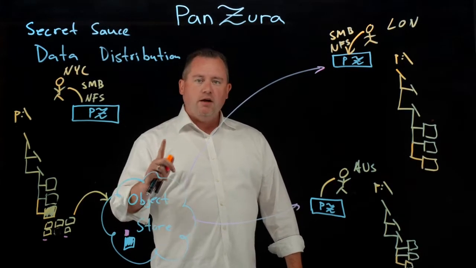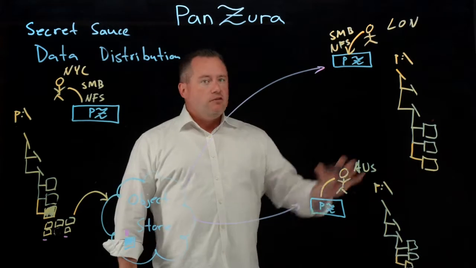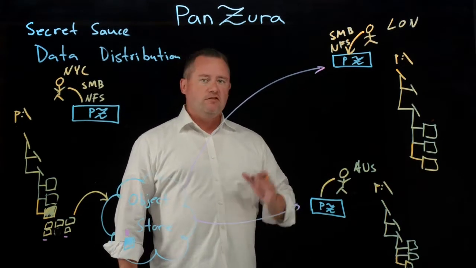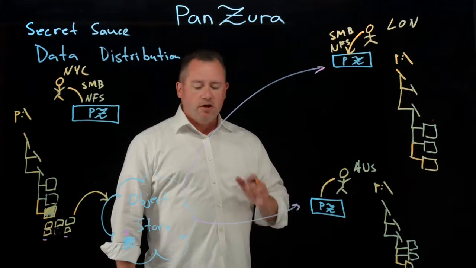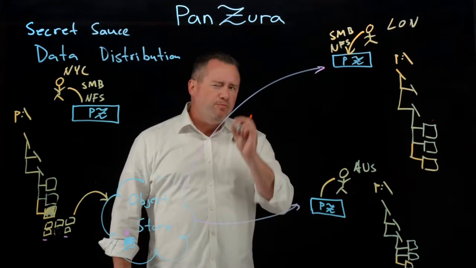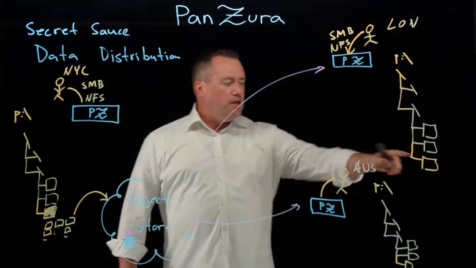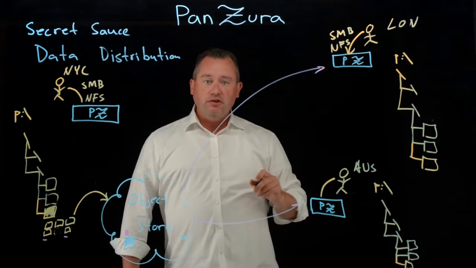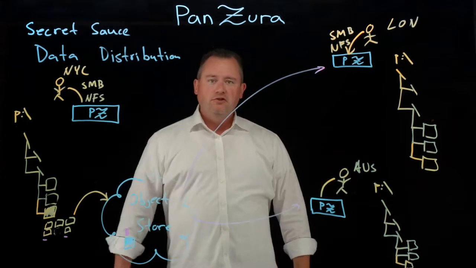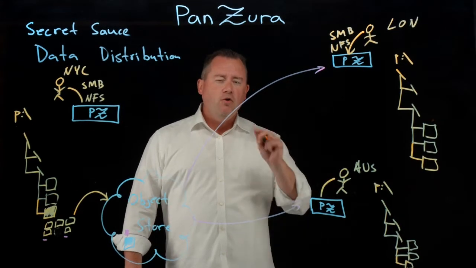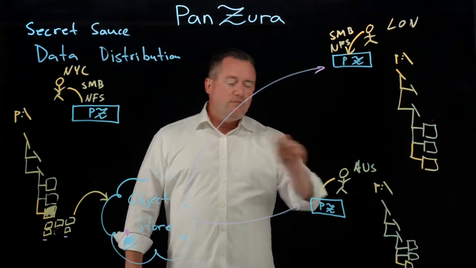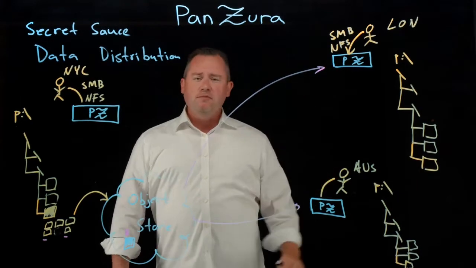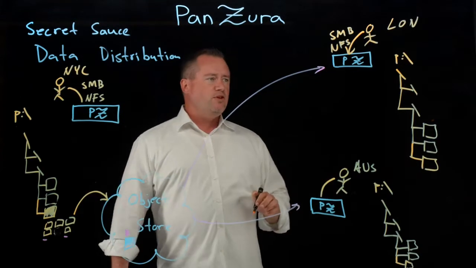From that one time moving it out of New York, any other location in the world, in this example 2, you could have 2,000 locations. They can all simultaneously, if they want, pull that meta, pull that 0.5% out, and guess what they get from that? They get knowledge of that file. So if this guy in London does a directory listing, he sees that file, just like the user in New York did. But he only moved 0.5%. Same thing would happen in Australia. Same thing would happen in Zimbabwe and Egypt and South America and Brazil, wherever it is you want. The same thing would happen.